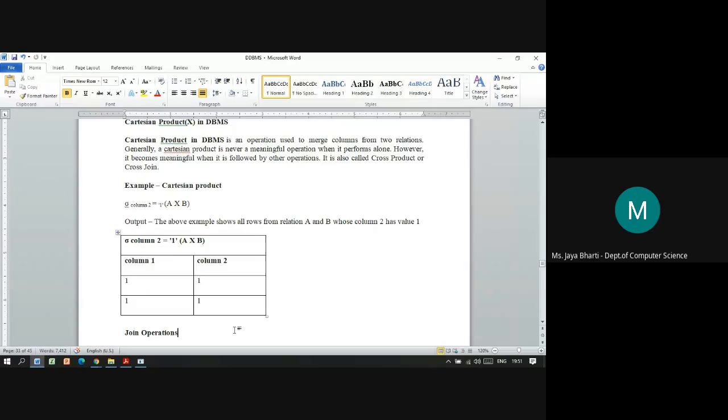It is denoted by A cross B. So sigma column 2 is equal to 1 on A cross B. Here we are checking that the column 2 value is equal to 1, in the Cartesian product of A cross B. So the output is 1 1 1 1, where column 2 satisfies the value 1. This is the Cartesian product.